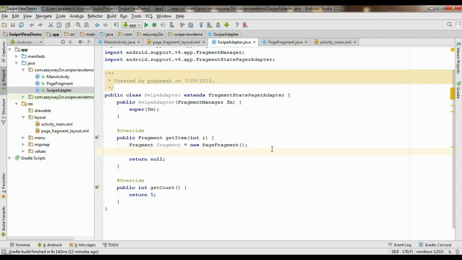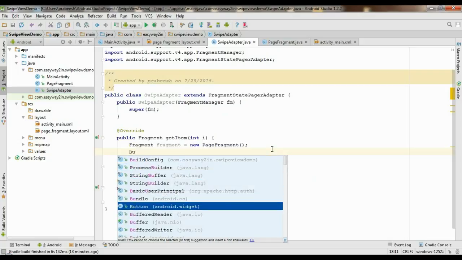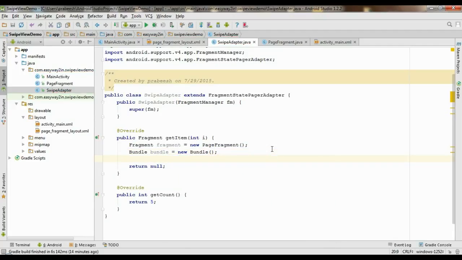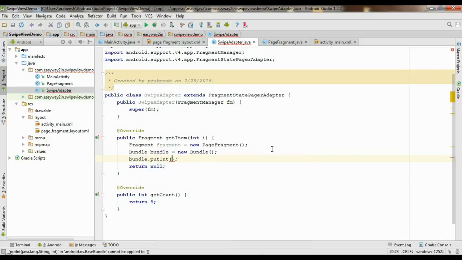Now we have to put some argument into the fragment. For that we have to create some bundle object. Bundle, I name it as bundle equal to new Bundle. Now put some value into the bundle object. Bundle dot put int, it's an integer. First we have to specify the key for the value. Here I put a key called count,